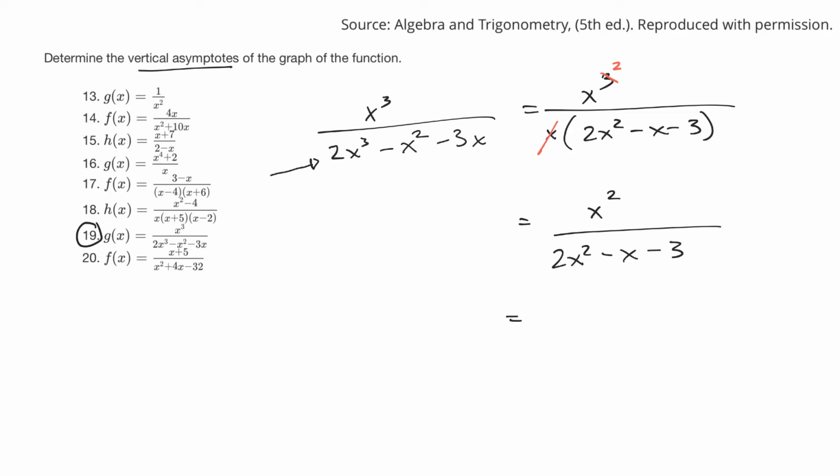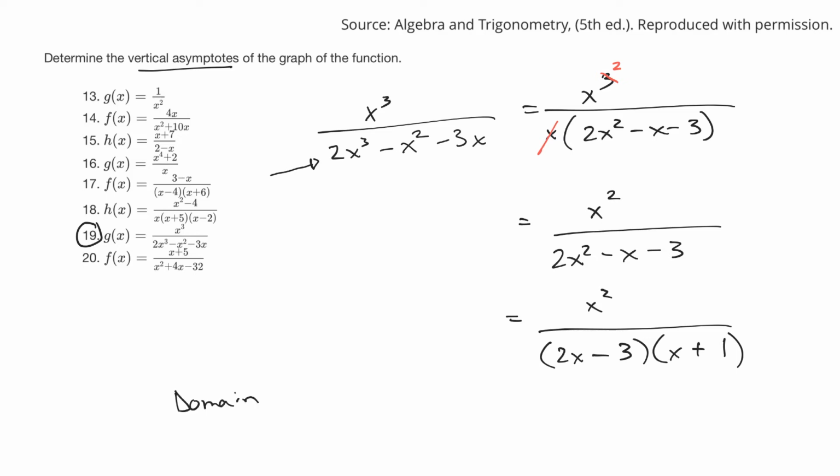Now let's factor the bottom. So I think I can go 2x and an x, probably a 1 and a 3. This one's probably negative and this one's positive. Let's just check that. 2x squared plus 2x minus 3x is a minus x minus 3. Yeah, that's right. Okay, so now that it's factored, they don't ask me, but I could say in the domain,